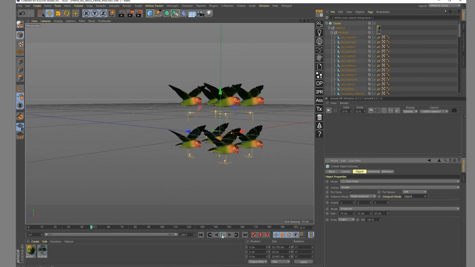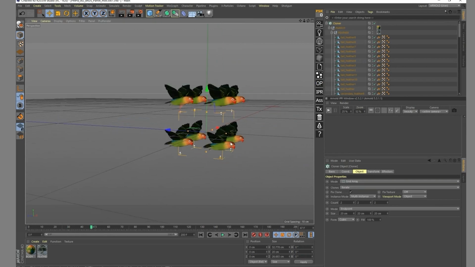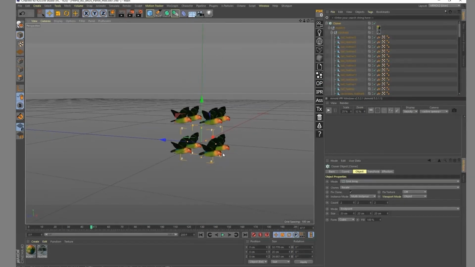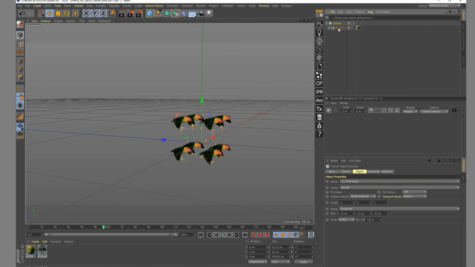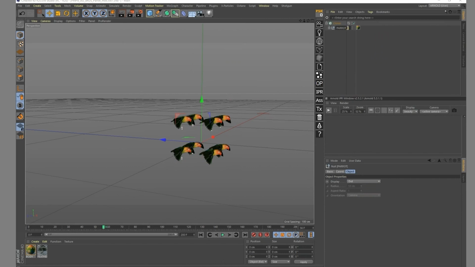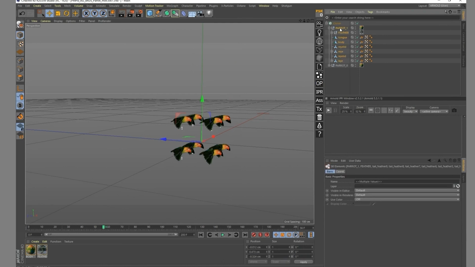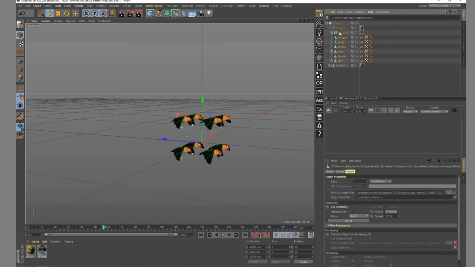So I'm going to work in that simple cloner setup, and then I'm going to put that on a spline, trying to do it step by step to be sure that I'm not doing too many things at the same time. Right now, one of the issues that I have is that all the parrots are flying at exactly the same speed, exactly the same moment. So the easiest way to change that is to keep that parrot, calling him 0. Then I'm going to have 1, and inside that second parrot, I'm going to select everything with a middle mouse click, deselect parrot and deselect feather, so I only have those 70 elements of Alembic.